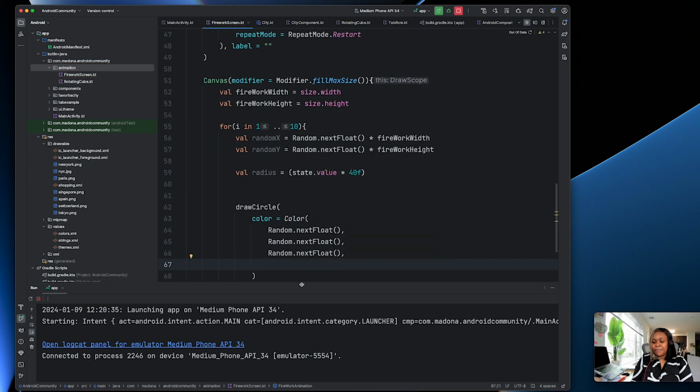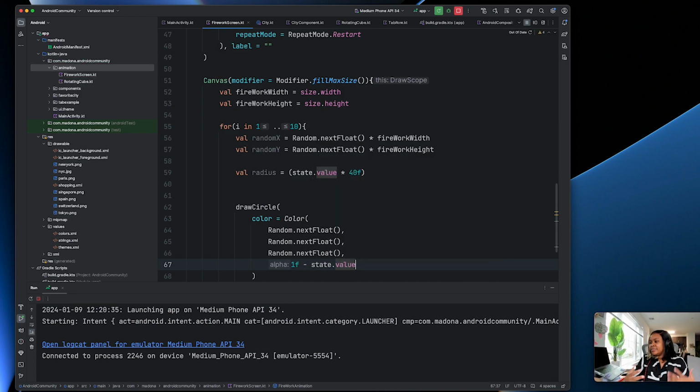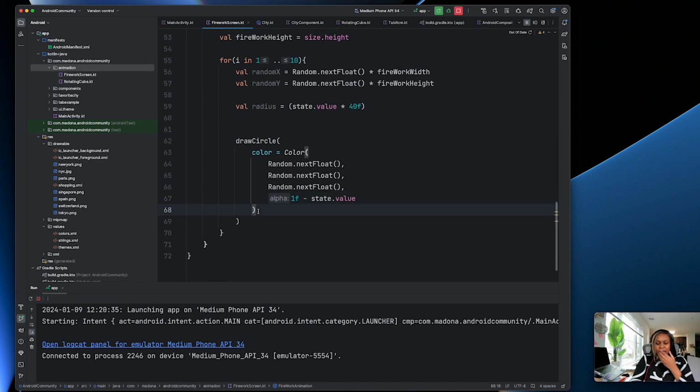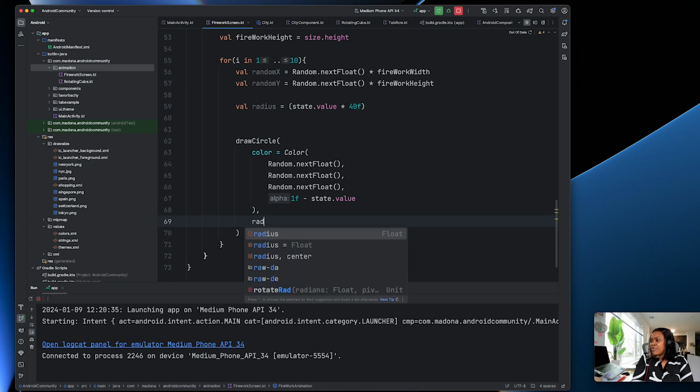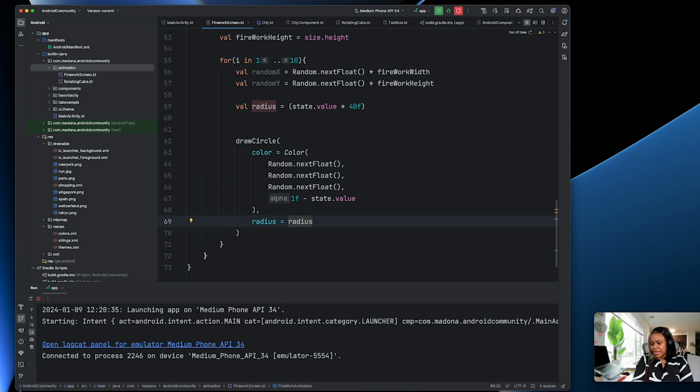And then initially, I need to make sure that it has an alpha. And then my radius will be equal to the radius that I created. And then my center